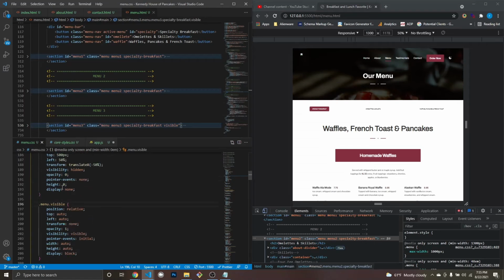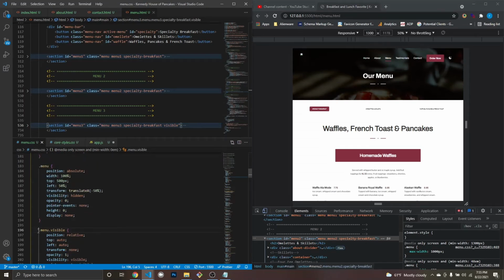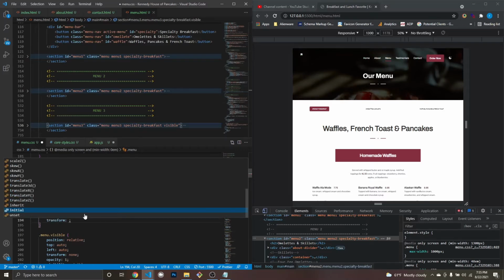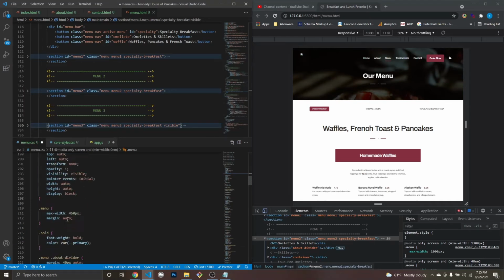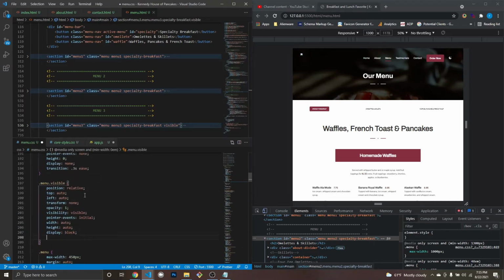So now we got our toggle class working. Let's just add a transition and see if it works anyway. 0.3 seconds ease, and we want it to transition back, so we add it on the other class too. Okay, now